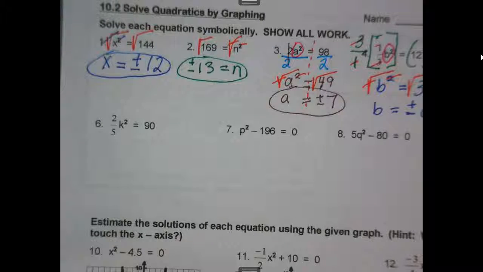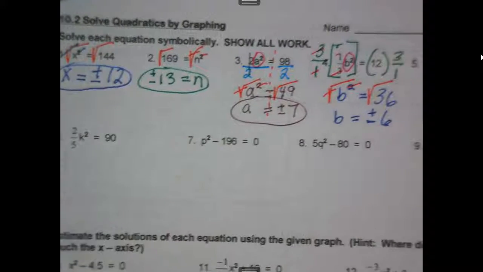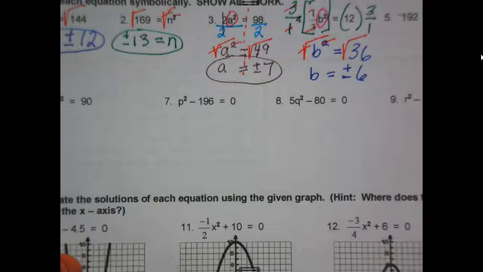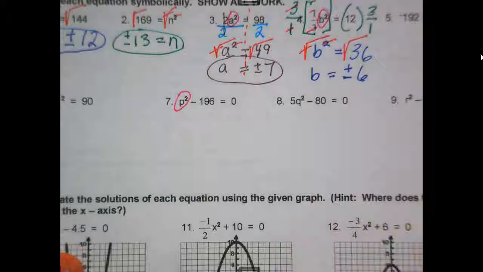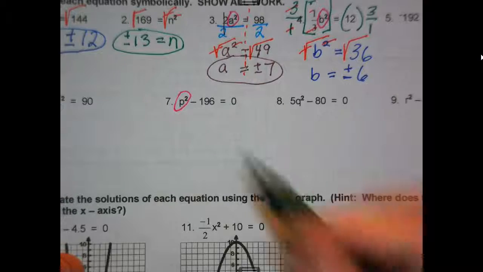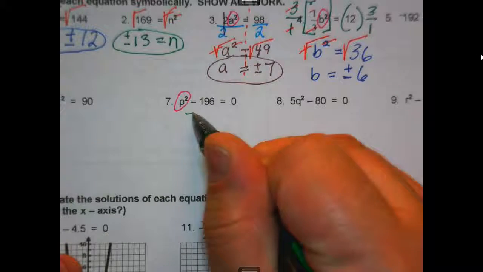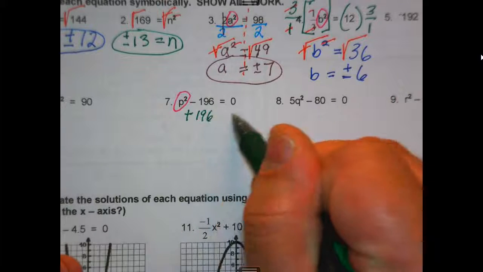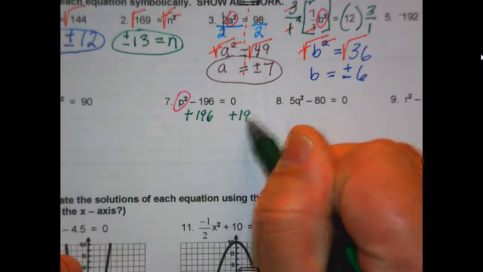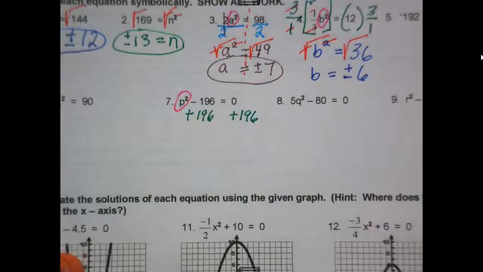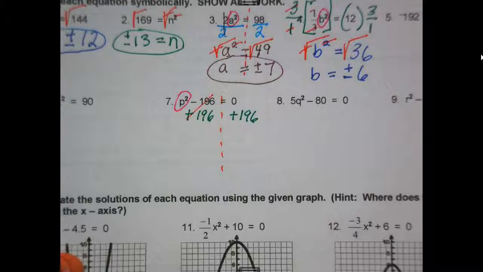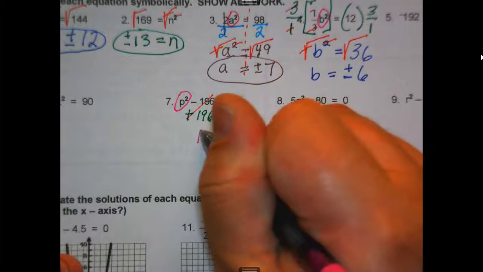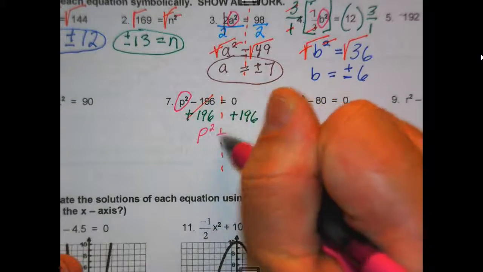Let's do number 7. Okay, I have to get p squared by itself. So I'm going to undo minus 196. I'm going to add 196 to both sides. These add up to 0. Get my p squared equals